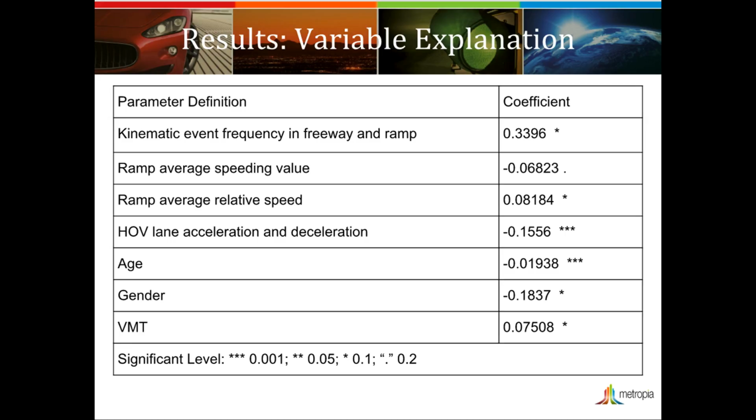We can also find that age has the strongest significance out of the other variables, and young drivers are considered to have the highest rate of crash involvement. Unlike results from other studies, this study suggests that female drivers tend to have higher crash rates than male drivers, which is likely due to the dependency between variables. This means that risky driving behaviors of both male and female drivers have been captured by other variables already. The impact of vehicle miles traveled is positively related with crash risk, indicating that the drivers who travel more are more likely to be involved in crashes.